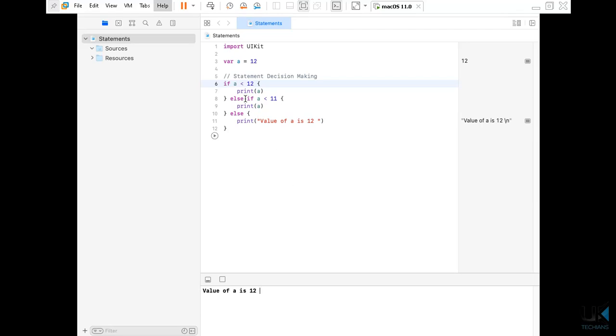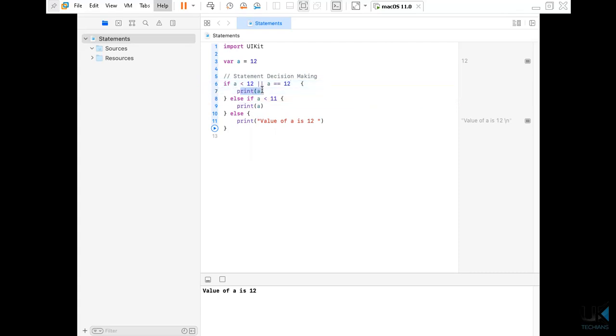We have passed the if statement here and passed a single condition here. We can apply a double condition also: if a is less than 12, display this. Or we can say if a is less than 12, or, type the or sign, it's an operator. Or means, if this condition does not work, try this condition, right? So what we will do here, we will type here a is equal to 12, then print this value.